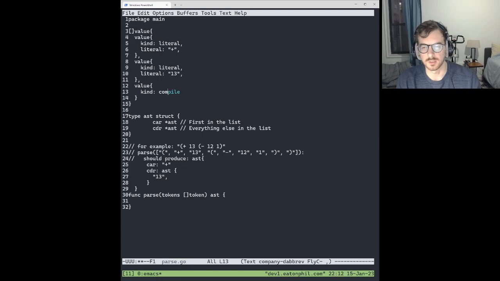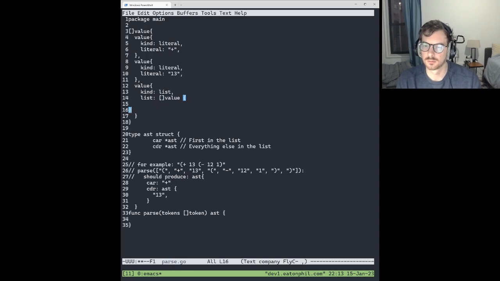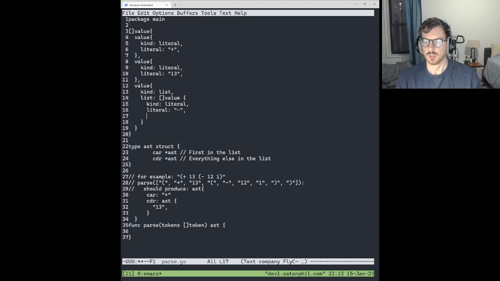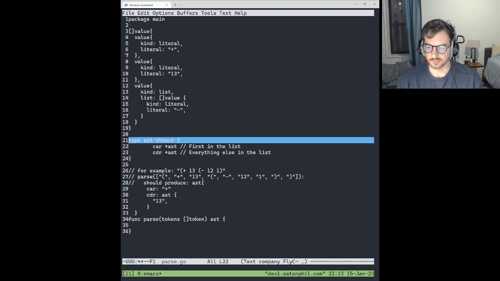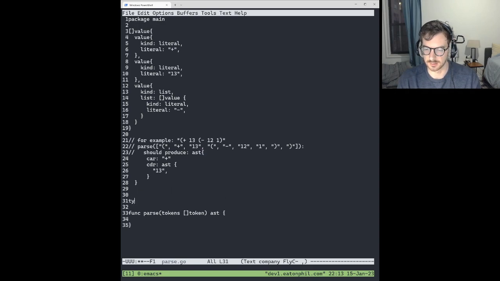So this one would be list. All right, this makes a little bit more sense. I think that we could have gone this route, but that's just going to be more complicated. So let's do this one where AST is just a,